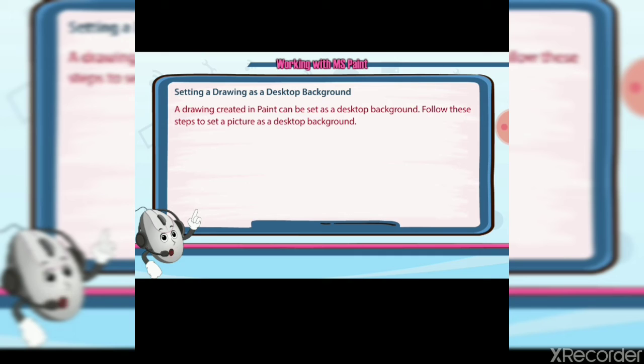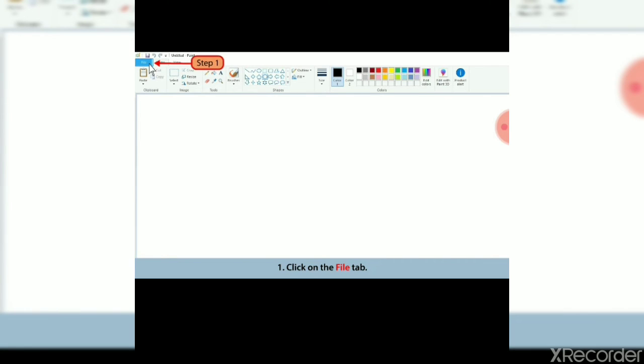So what are the steps to set a picture as the computer background? That is a very easy process. A drawing created in Paint can be set as the desktop background. First we will click on the File menu.